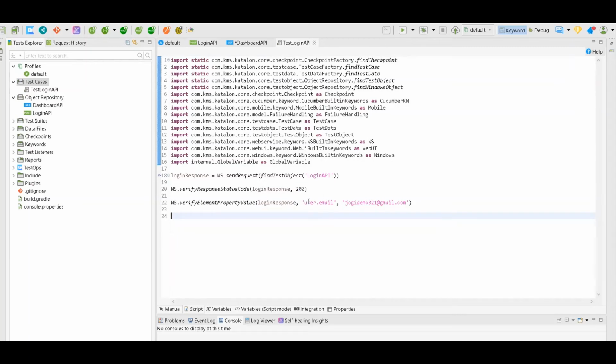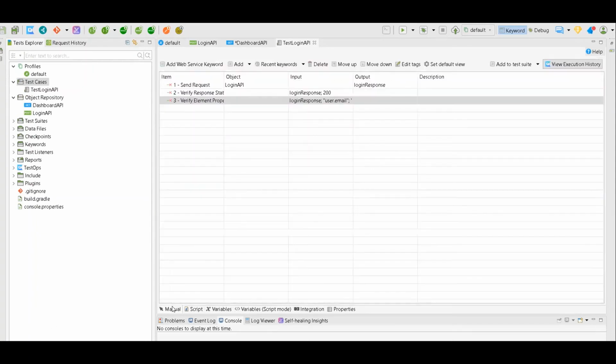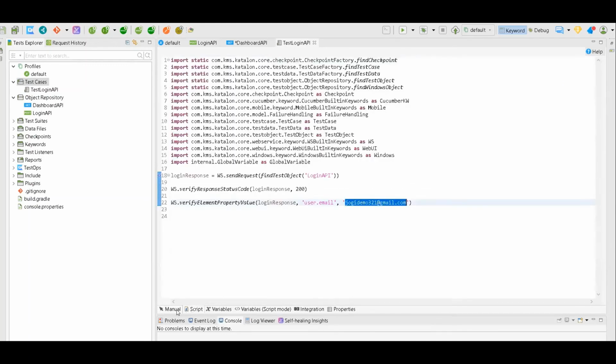Locator is this and value is this. But it came automatically, right? So as I said, you have two ways. Manual is your UI view and script mode is your background.